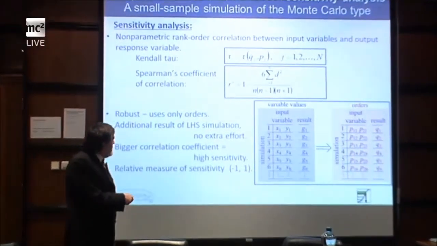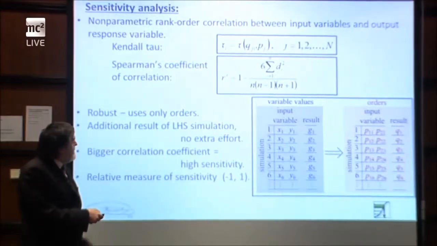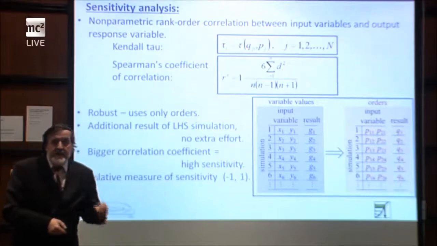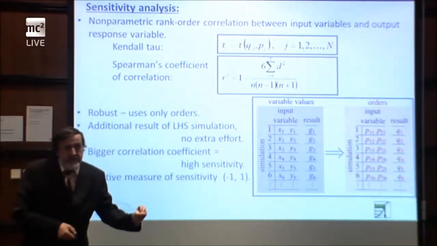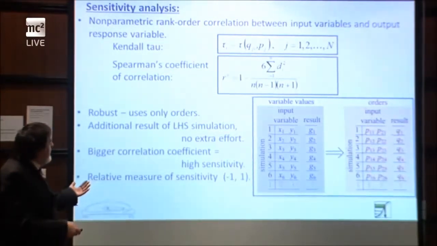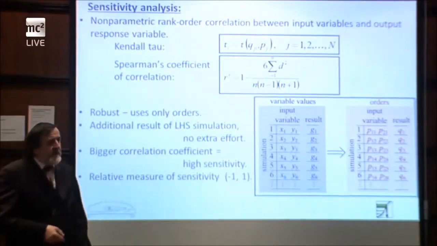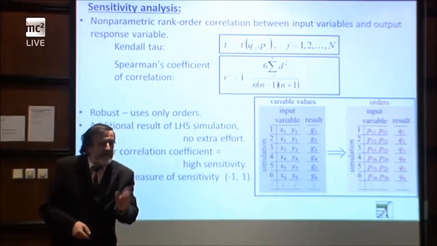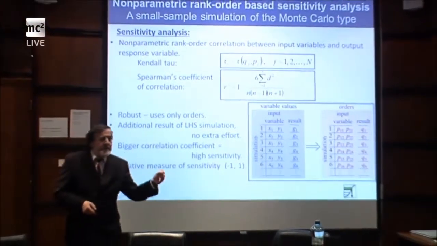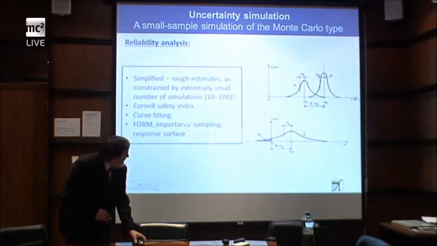And if we get sensitivity correlation coefficients, non-parametric rank order, which are, let's say, close to 1, the conclusion is that this variable influences the output very much. If it's close to 0, there is no influence. It sounds like maybe this is not always needed, but in a computational model where we have 200, 300 random variables, we really want to distinguish between dominating and non-dominating variables. And sensitivity analysis is for that.